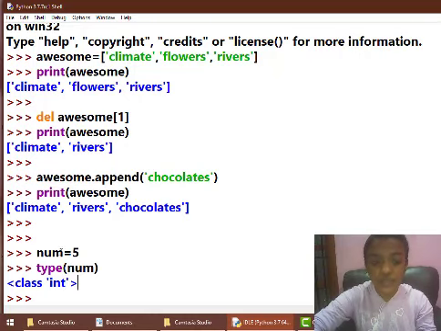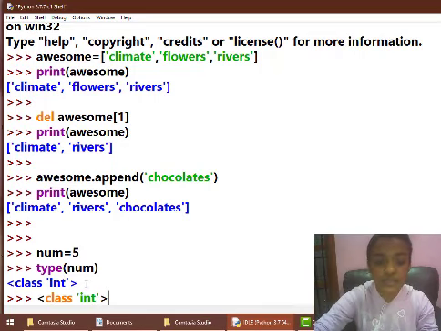Here in the variable num, the int data type is being used because any number without a decimal point comes under integer. So obviously 5 is an integer. When we press enter we get int, which means we have used the integer data type for the variable num.